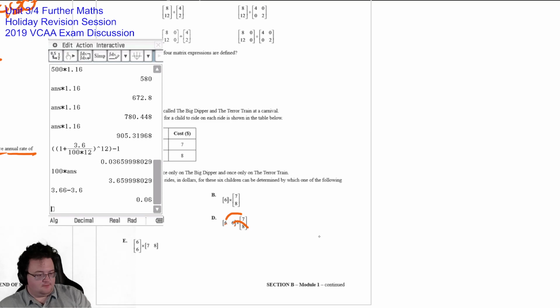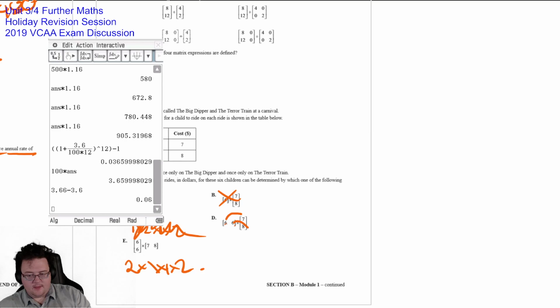That plus that. They don't match. Well, that's a 1 by 2 plus a 1 by 2, therefore they don't match. This here is a 2 by 1 times a 1 by 2, and that's going to create a 2 by 2,